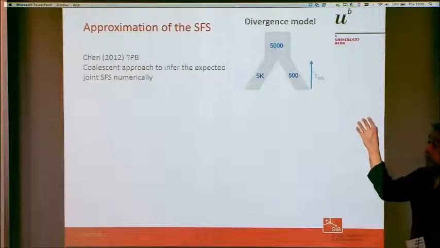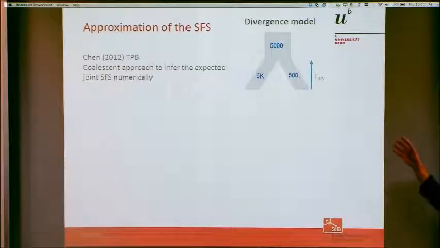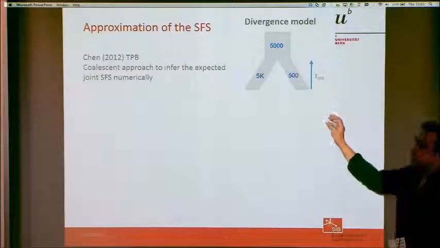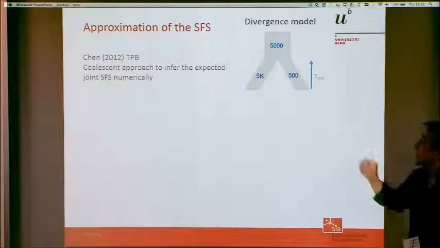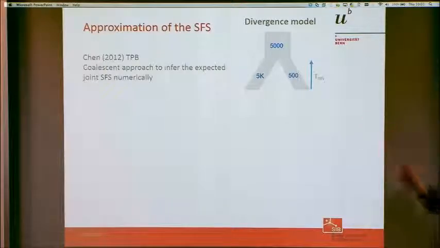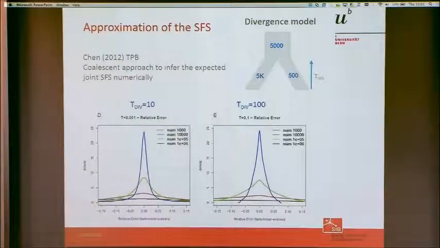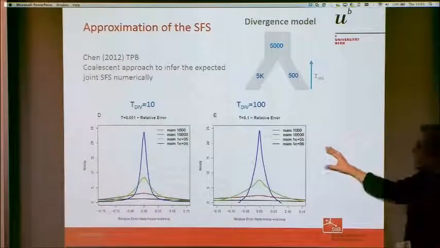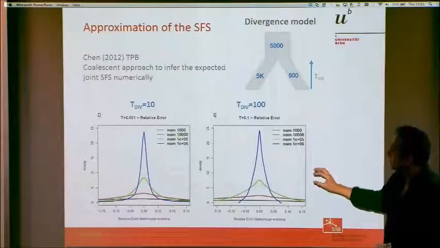But it's restricted to cases where you have no migrations. Okay? So for each kind of population demographic model, you can get a specific expected site frequency spectrum that you can use to compute likelihoods or whatever you want. Okay? So if you do that just in this simple case, we have tested with different scenarios, but on